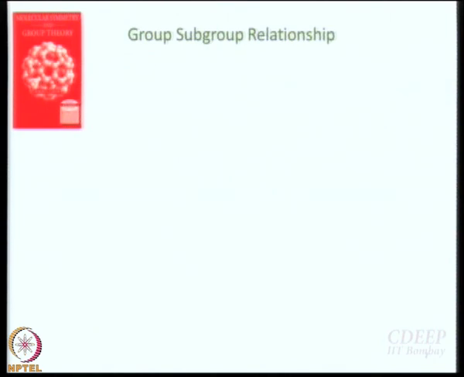Now, the previous discussion was by and large from Cotton's book. This discussion is a little better in Carter's book. So I'd like to draw your attention to something that we are going to use later extensively, and that is group subgroup relationship. And actually we have already discussed that today. We said, right, that you start with a tetrahedron and you stretch it, you get D2D. So D2D is like a subgroup of tetrahedron.